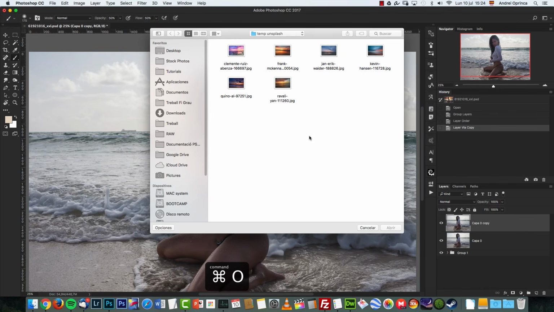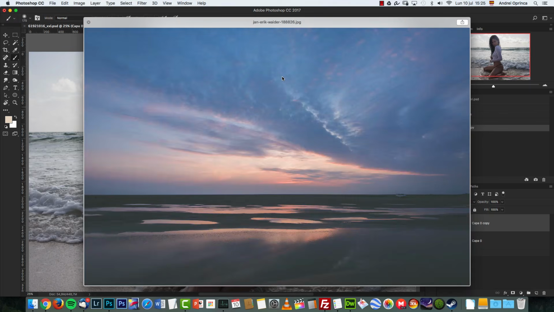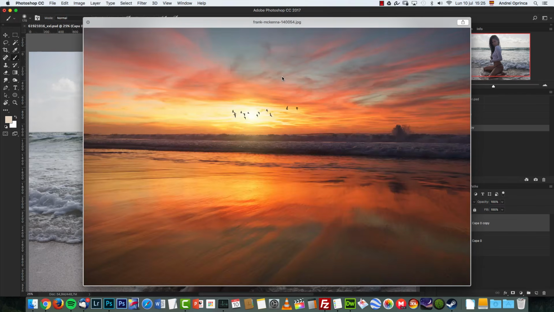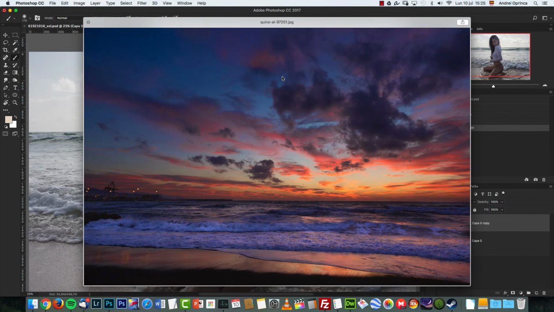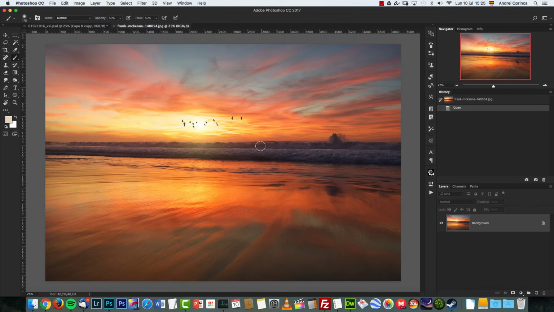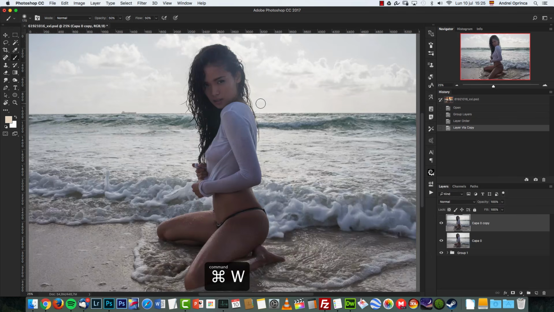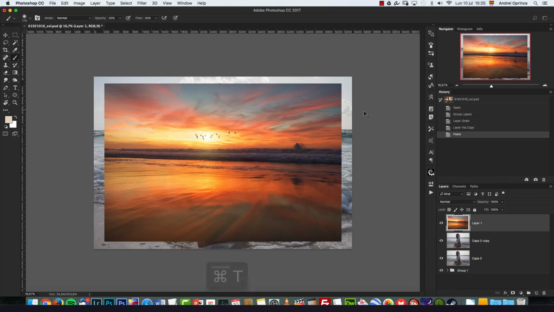and I'm gonna open the stock folder, and I tried with several images, and this one seemed to look better for my taste, but you can use pretty much any other sky. It depends on what kind of effect you want, and I chose this one. So I'm gonna open this one. I got this from unsplash.com, and it's a free image. You can use it for commercial purposes as well. I'm gonna give you the link to it if you use it and you want to give